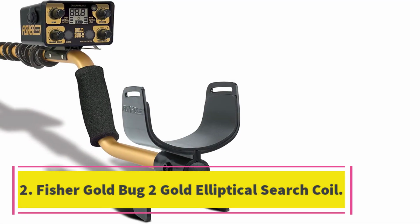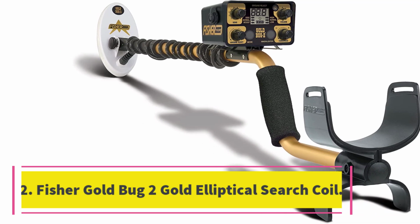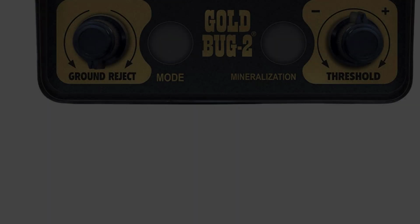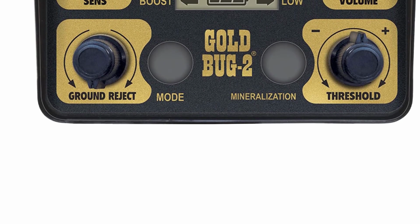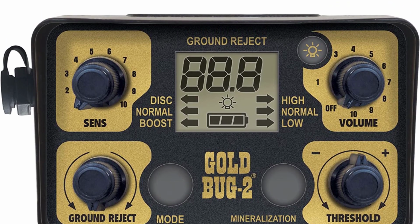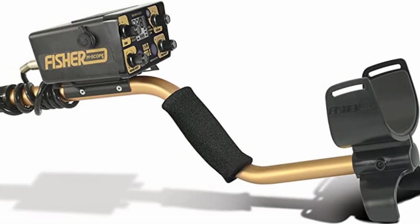Number 2. Fisher Gold Bug 2 Gold Elliptical Search Coil. For finding the tiniest gold nuggets, the Fisher Gold Bug 2 metal detector is the best choice because it is highly sensitive with a 71 kHz operating frequency. This extraordinary sensitivity makes this the best precision metal detector for gold that comes packed full of additional features to